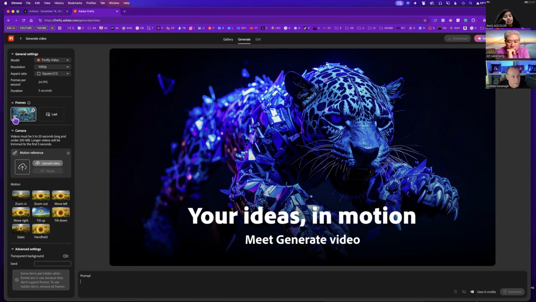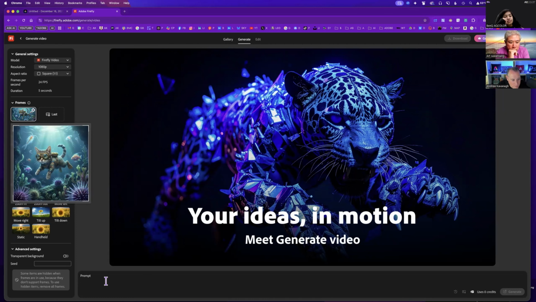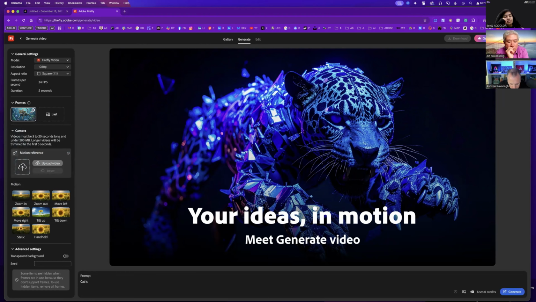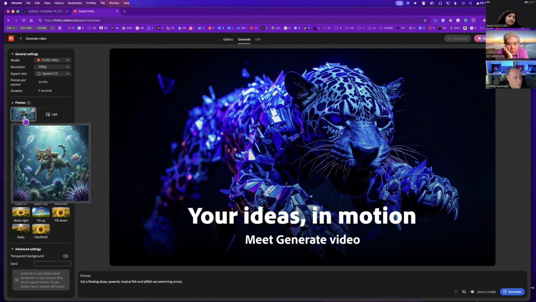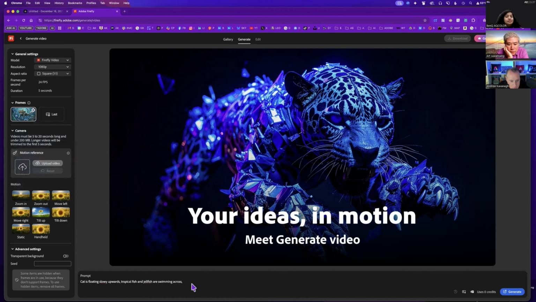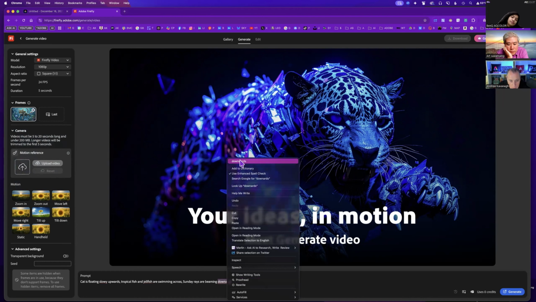So what I'll tend to do is just hover over my image, take a good look, and just say, cat is floating slowly upwards, comma, tropical fish and jellyfish are swimming across, and sun rays are beaming downwards. Just fix that,